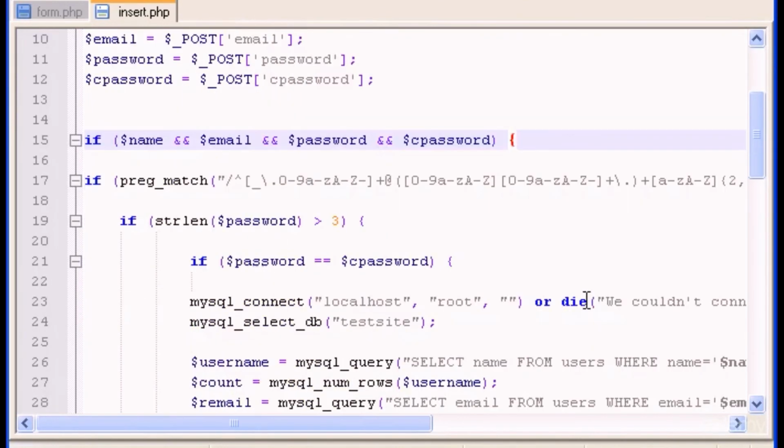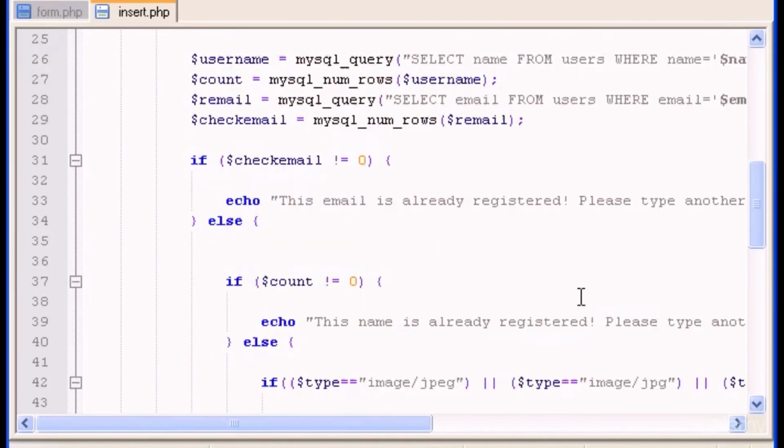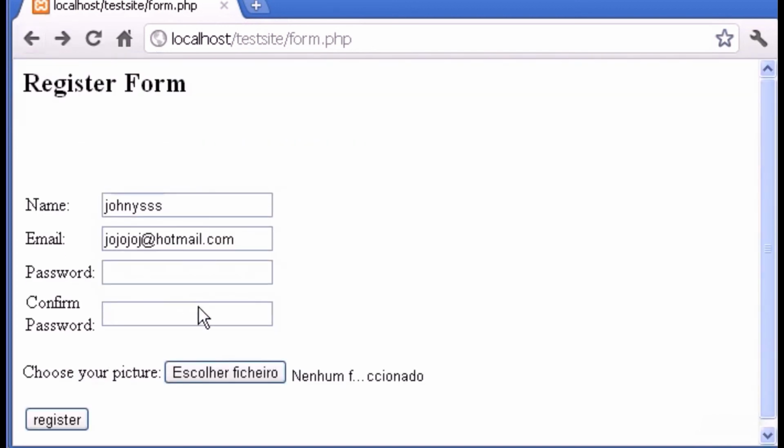Okay, guys. So I found a little mistake here. Another mistake, which is in the move upload is not upload, is uploaded. Okay, sorry for that. So move uploaded file. Okay, and okay, I think that's it. Move uploaded file. Let's save this, and now let's go back to